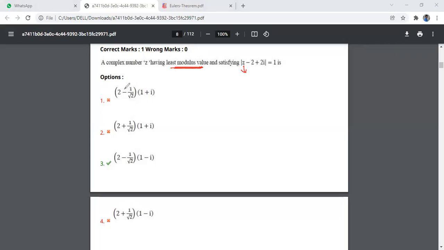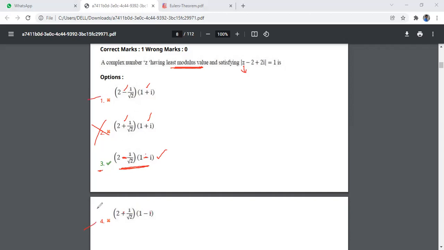Here, if you see, this is minus, this is plus, this is plus, this is plus, it won't be. This is minus, this is also minus, chances are there. This is plus, this is minus. So if two are minus, that's the reason I'm substituting this value in place of z. If we get the answer 1, this is our option; or else among these two we have to check one.